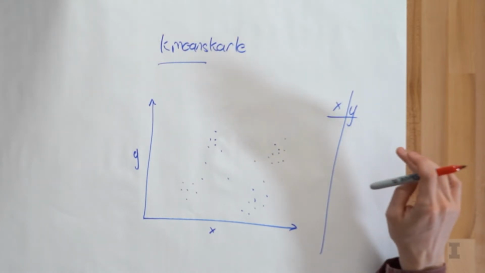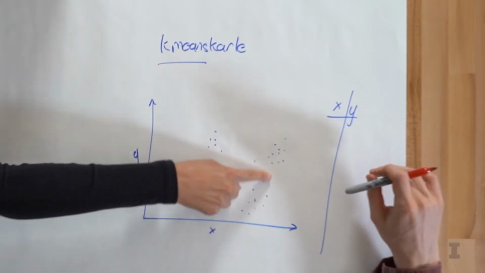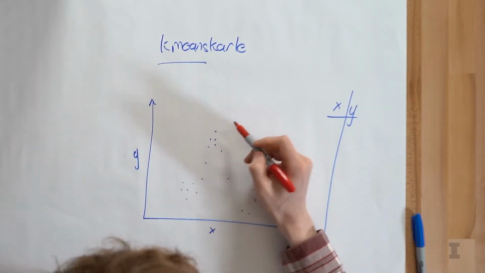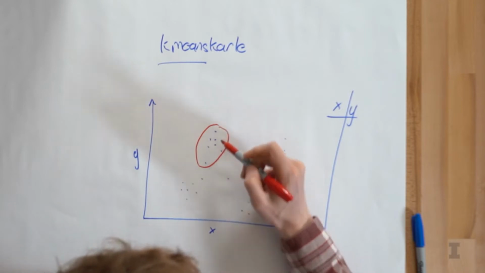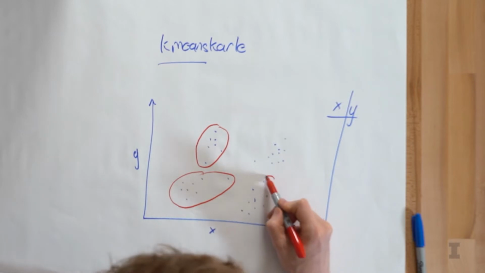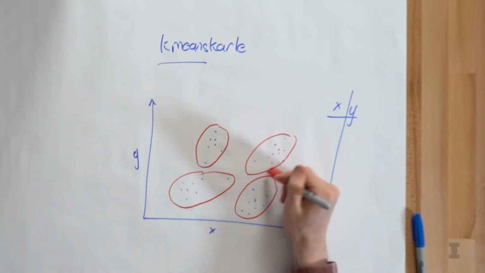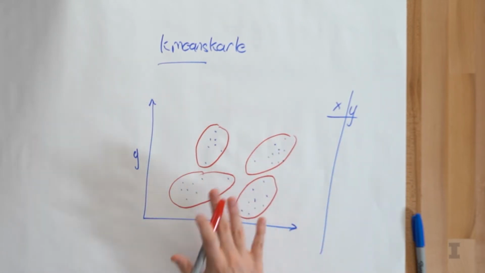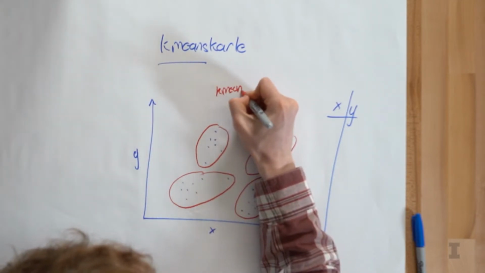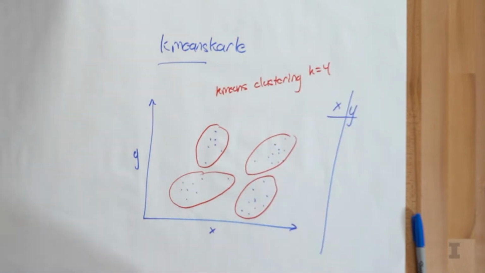Ooh, so this is interesting. I would say 4. It looks like there's kind of one right here, maybe one right here, one here, and one here. Exactly. So if you initialize K-means clustering with K equal to 4, it's going to find the points that best fit each cluster. And I'm going to include this guy in this cluster. One's a little questionable. But every single cluster is going to have a set of points that are defined by that cluster. And now we have 4 different clusters. So this may be the result of a K-means clustering with K equal to 4, so 4 clusters.